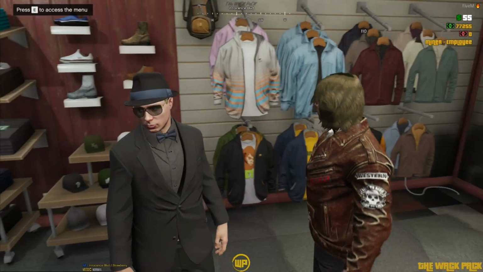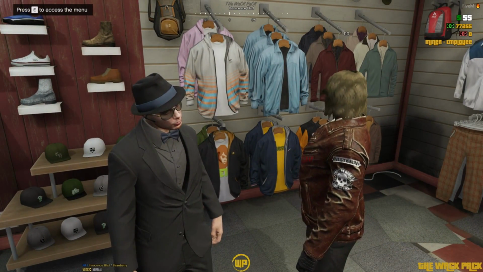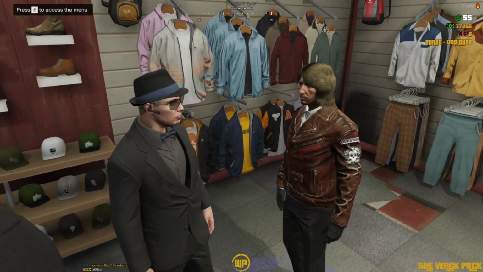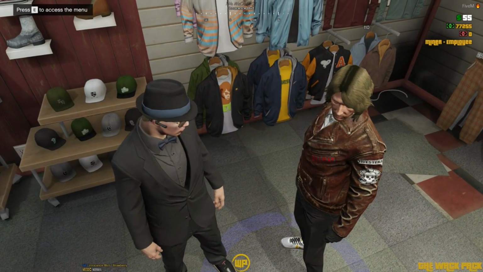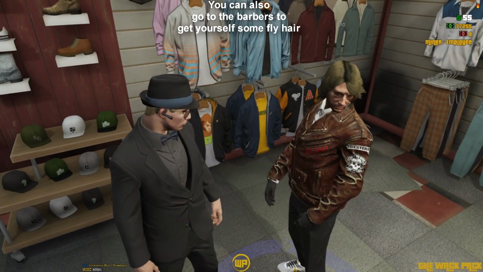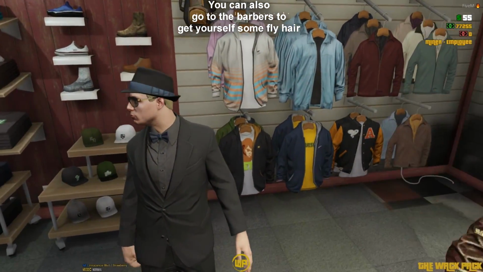Alright, so before you go and get yourself a vehicle, you're going to want to change your clothes, because that's one of the rules of the server, to get changed out of the clothes that you start with. You see, I'm in a suit. You won't start like this. You'll know how you start. I think you have a backpack and some other crap. You want to come into the store,